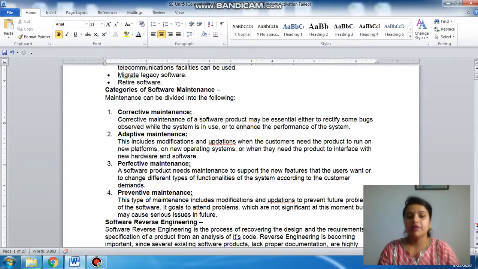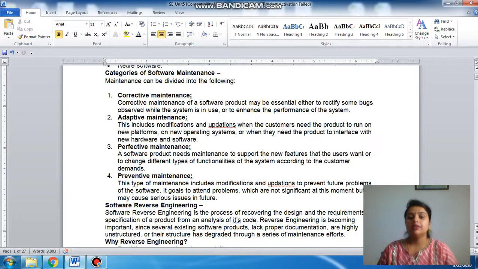Next is preventive maintenance, that is used, as from the name, to prevent failure or future problems. We are doing some changes or modifications, that comes into preventive maintenance. Basically this type of maintenance includes modification and updations to prevent future problems of the software.